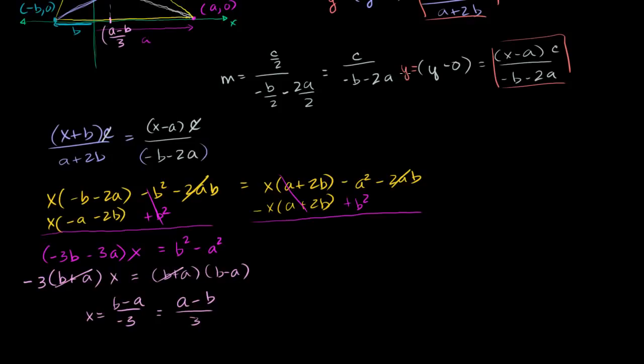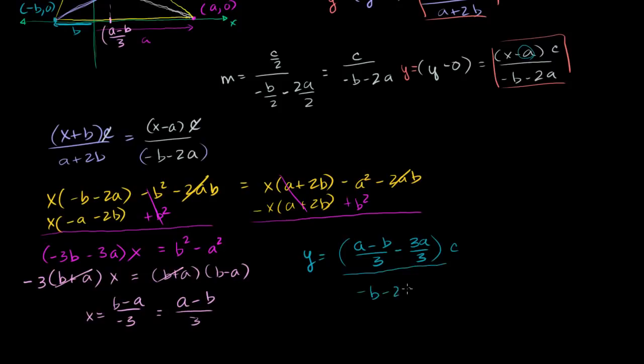We have y is equal to, I'll do it over here, y is equal to x minus a times c. X is this thing over here, so it's a minus b over 3 minus a. So I'm going to subtract, instead of just writing a minus a over here, I'm going to write a negative 3a over 3. So minus 3a over 3. That's this minus a right over here. I just multiplied it and divided it by 3. It's going to be all of that times c over